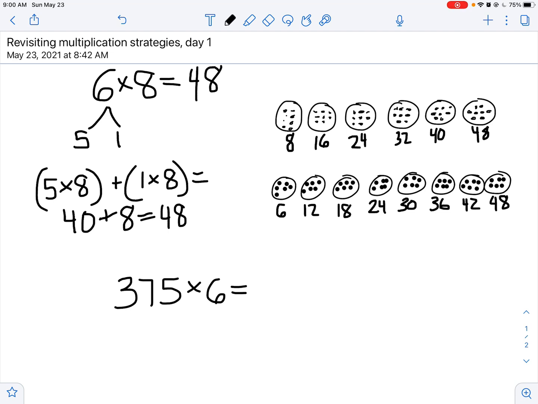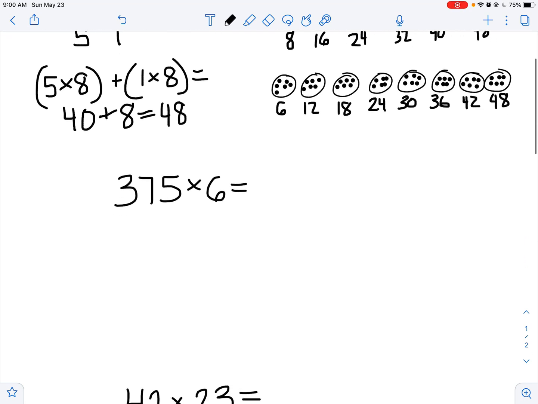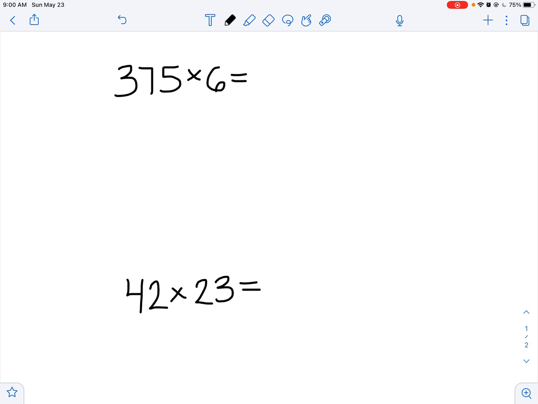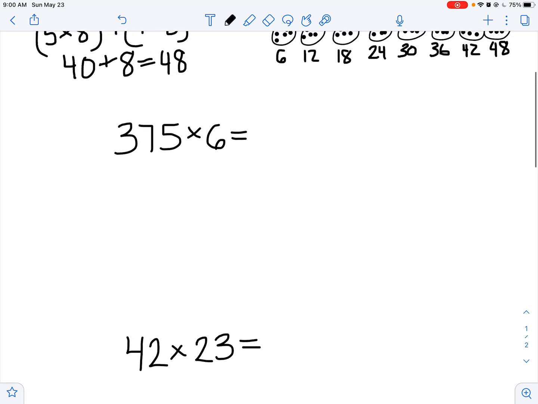For you 4th graders, we've moved beyond this, right? We talked about multiplying multi-digit numbers by single-digit numbers. So in this case, I've got 375 times 6. And the strategy that we really talked about this year is partial products. So taking each place value out separately, the 300, the 70, and the 5, and multiplying each part by your other factor,